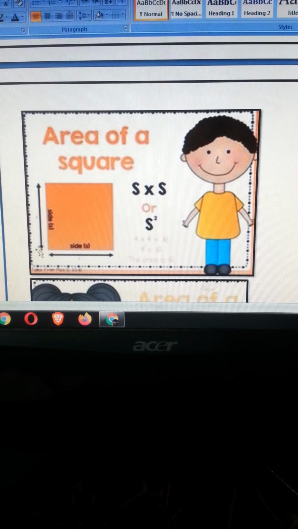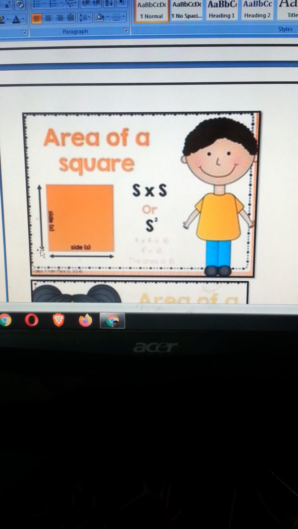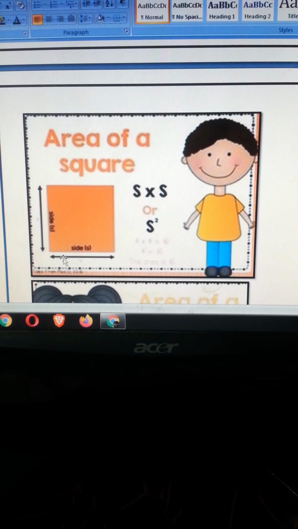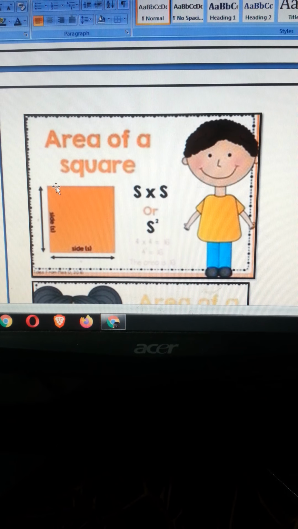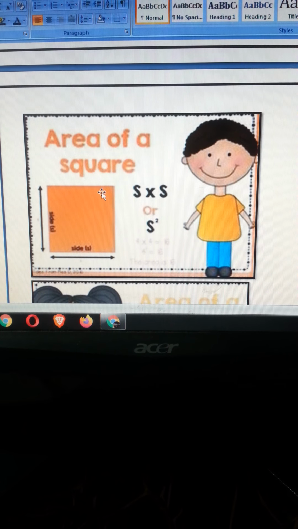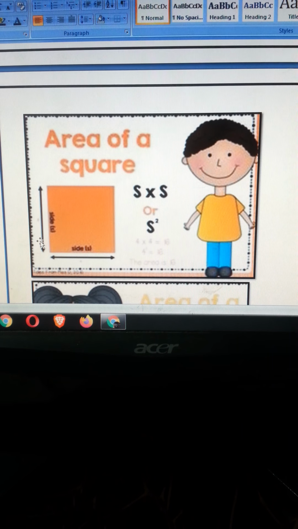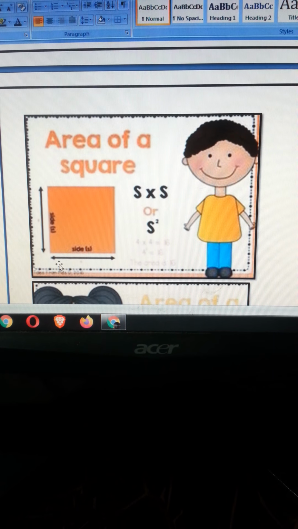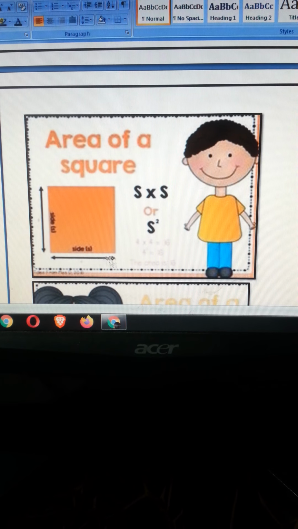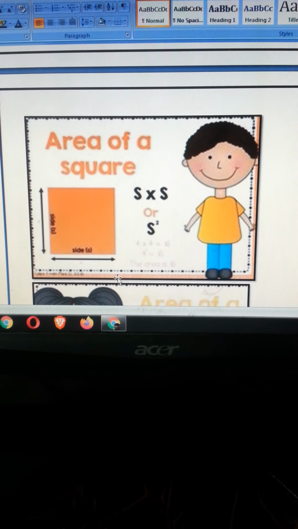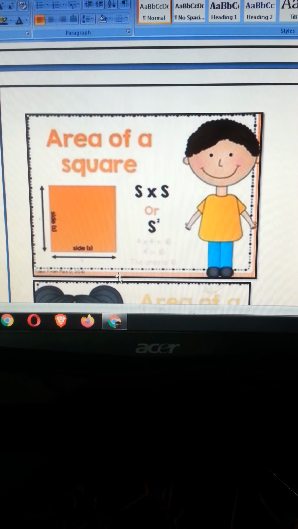Whatever the length or breadth, whatever you can call it, if this side is equal to 2, then this one must be 2 as well. Over here as well 2, and this one is also 2. So find out the area. If somebody asks you to find the area, you will take this side and multiply it with this side. If it is 2 and this is 2, 2 and 2 makes 4. It will be 4 centimeter square, or whatever unit square is given to you.